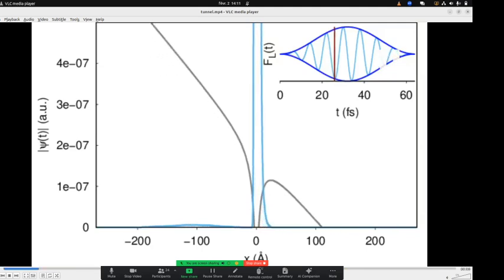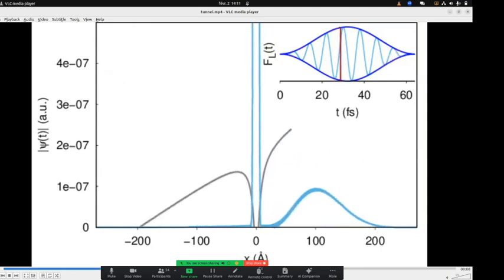And if I stop here at the maximum of the field, the field is very strong, and there is a potential energy barrier that appears. And in quantum mechanics, electrons can cross potential energy barriers through the tunnel effect. For this to be able to happen, the barrier has to be thin enough, not too large, and also the field has to oscillate slowly enough so that the electron has time to cross before the field changes sign. And that's what happens here. So a packet of electron is ionized through what is called tunnel ionization, but then the field changes sign.